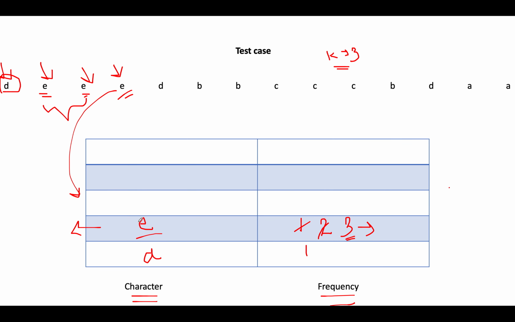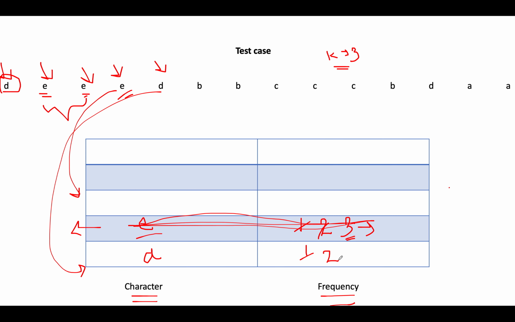Since it is a removal condition, we are going to delete this element from the top of the stack and continue the process. Next we have d, and d matches with the topmost element of the stack, so we update the frequency to 2. Then we have b, so I add b onto the stack, a mismatch case with a frequency of 1. Then we got b again, it matches the topmost element, so we update the frequency to 2. Next we have c, so we update the stack with a new element c because it's a non-matching case. Then we got c again, and the frequency gets updated to 2.